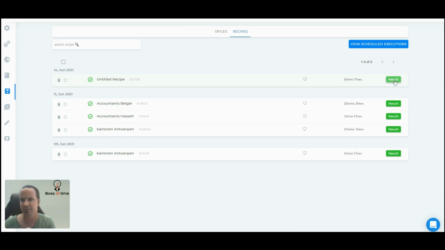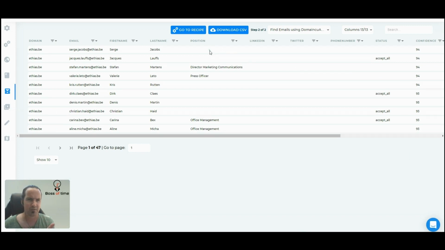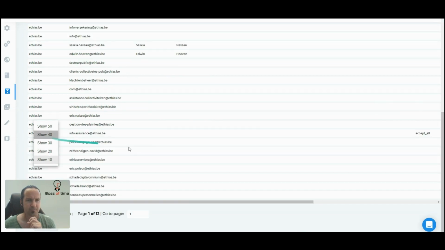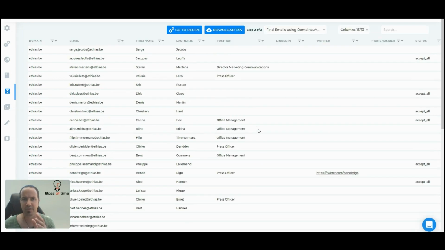Let's go to the results real quick. And what you can see over here is that I will show a bit more results. Show 40. It has a lot of email addresses. It has 12 pages of email addresses, but it also found if there is a LinkedIn profile available or a Twitter profile available, for example, it also uses that. And that brings me to my second